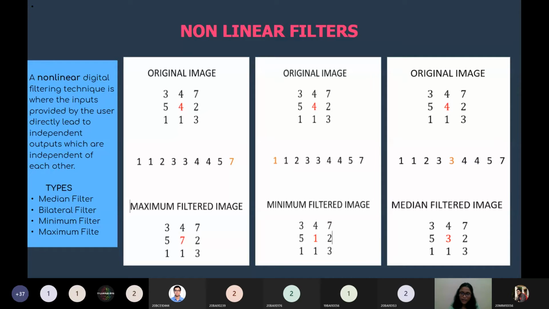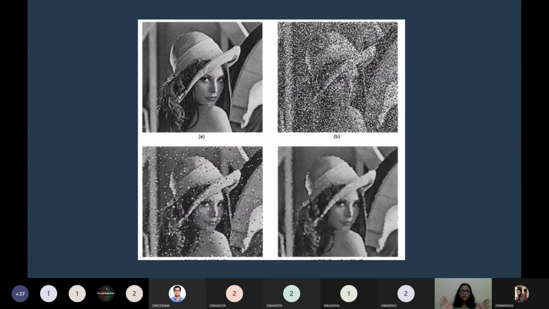Linear filters, you have a mask. Non-linear filters, you don't have a mask. And you arrange things in ascending order, and according to the filter, you pick and replace the pixel values. Easy? Simple? Okay. So now process these things and look at this image that is presented over here,